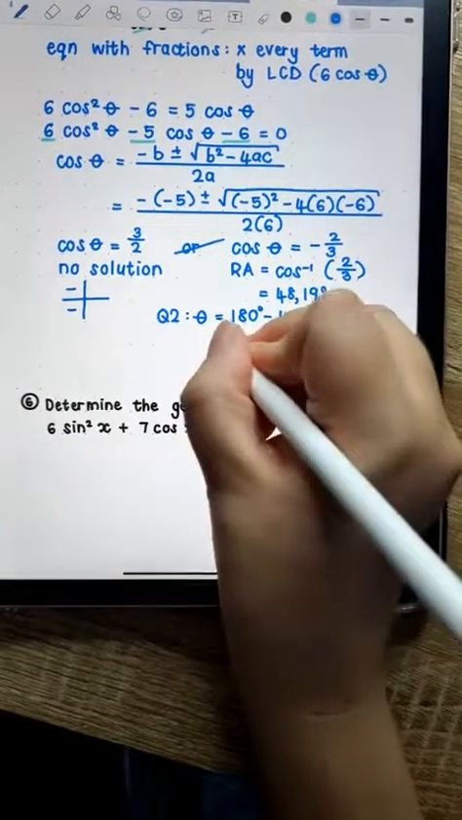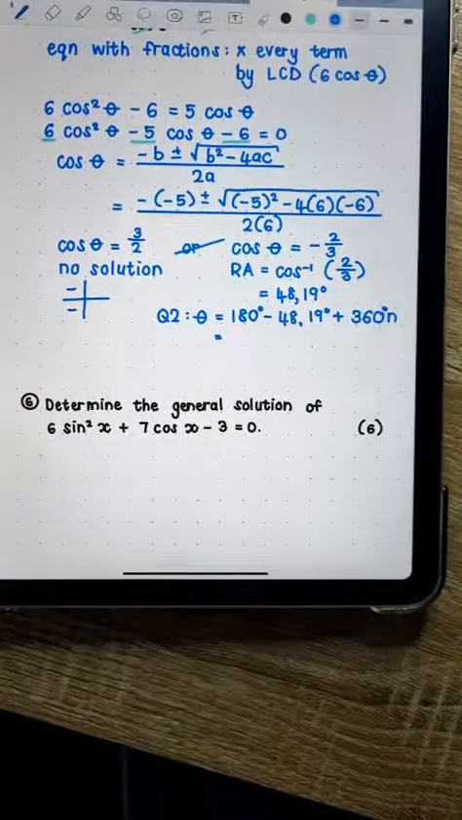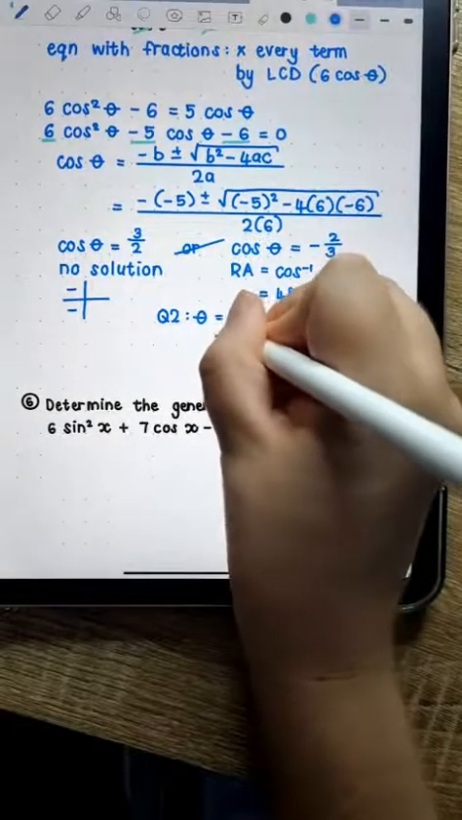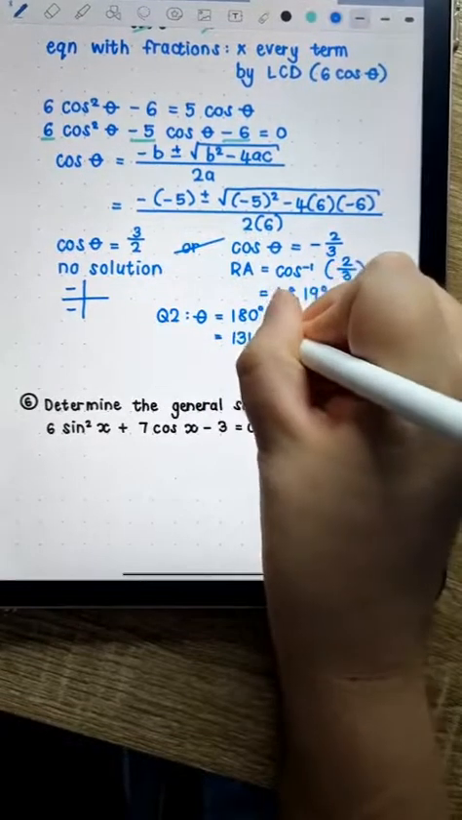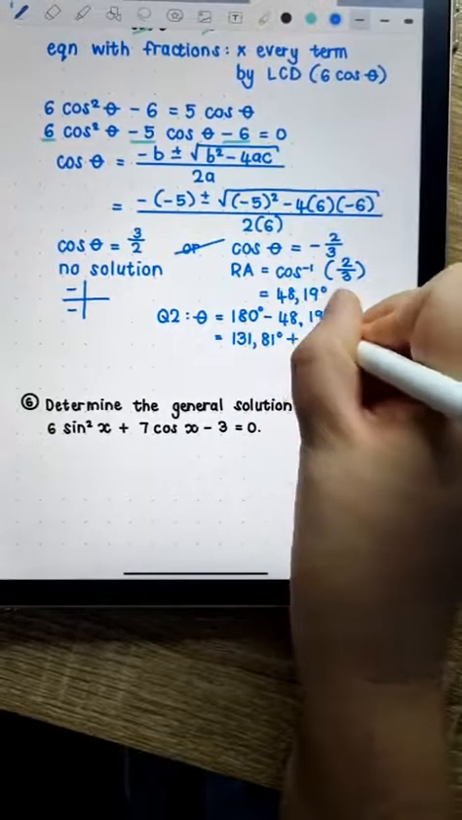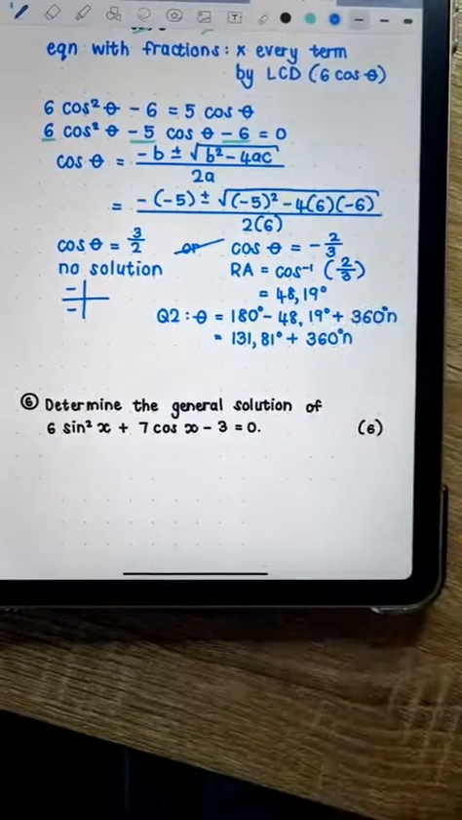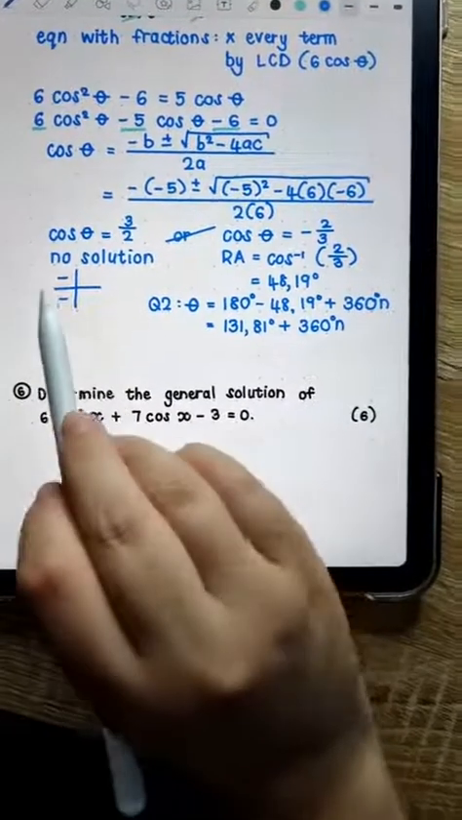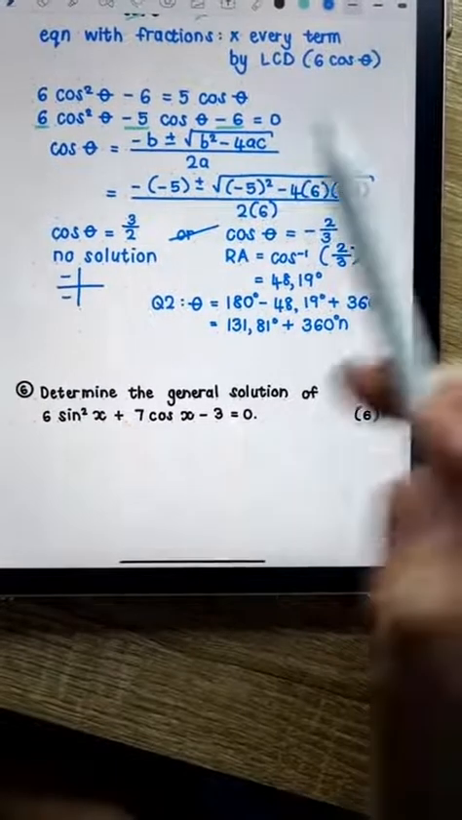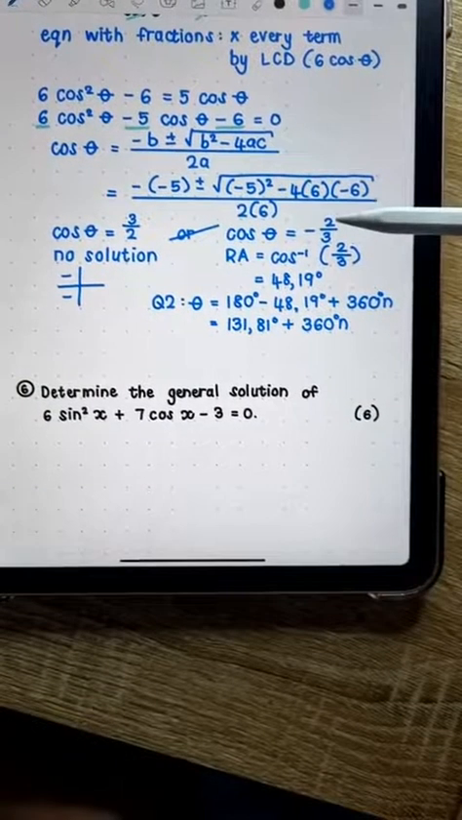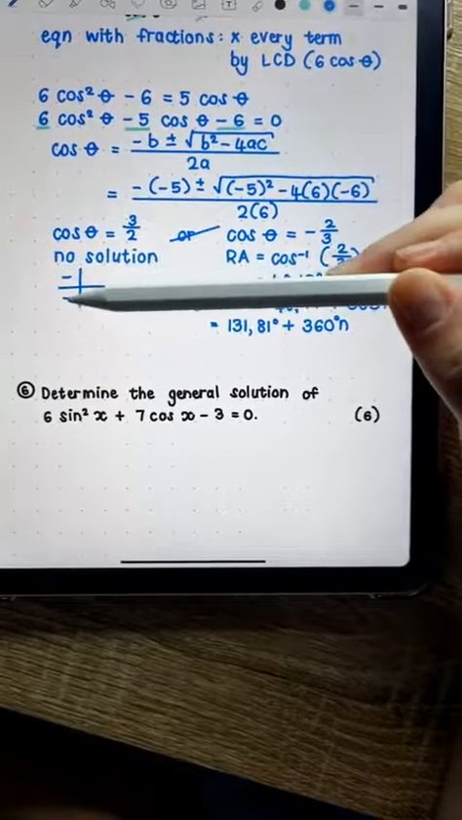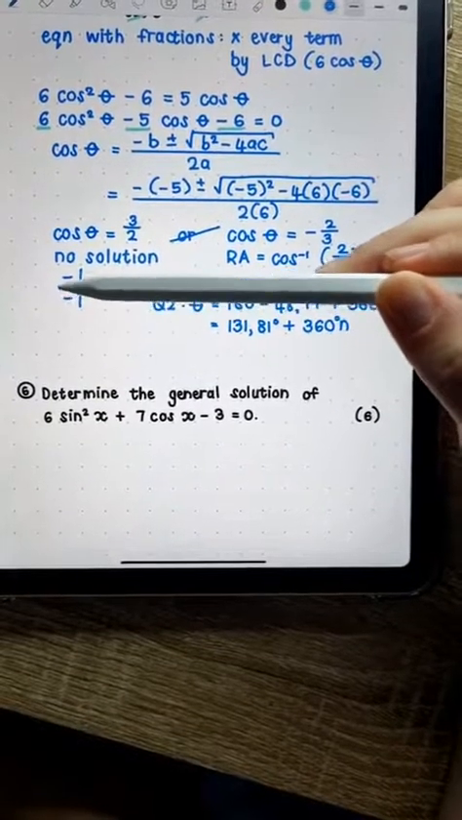So what is that? I'm just going to work it out quickly. 180 minus 48,19 is 131,81 degrees plus 360n. So that is the second quadrant solution. Again, I'm working in the second quadrant because this is saying cos must be negative, and cos is negative in the second quadrant. For the third quadrant, because that is the other quadrant where cos is negative,